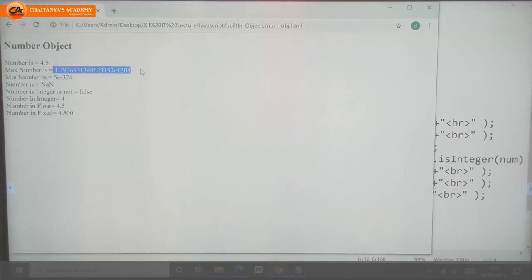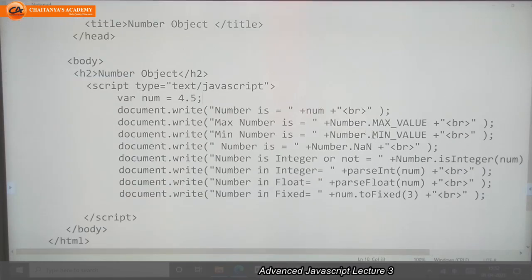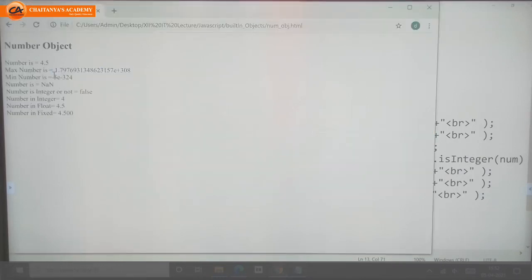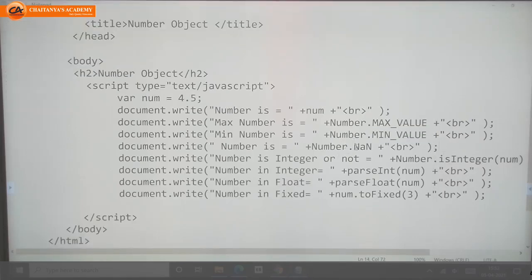Maximum number given by JavaScript is this. Second property, minimum value. It returns the minimum value given by JavaScript. That is this one. Third one is not a number.